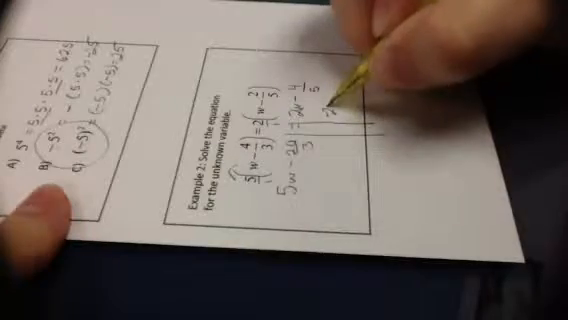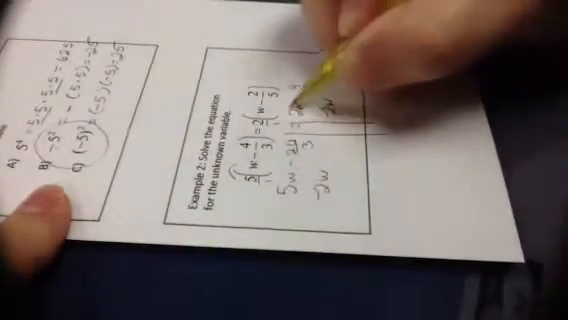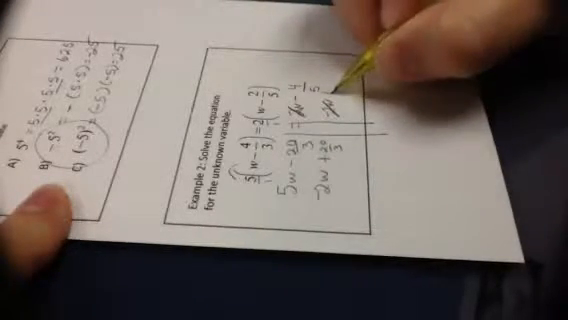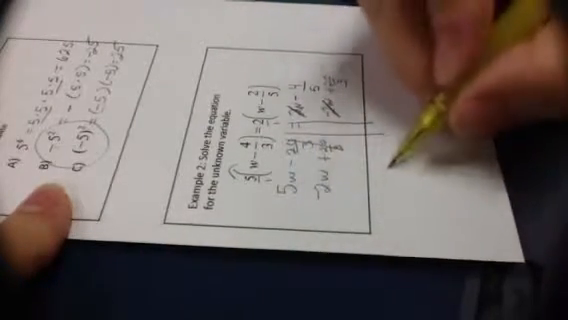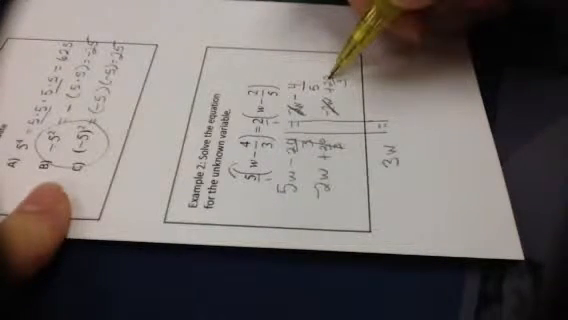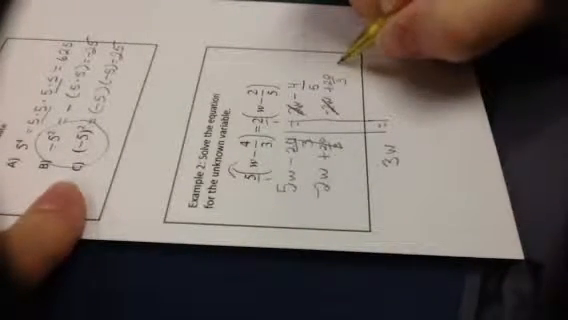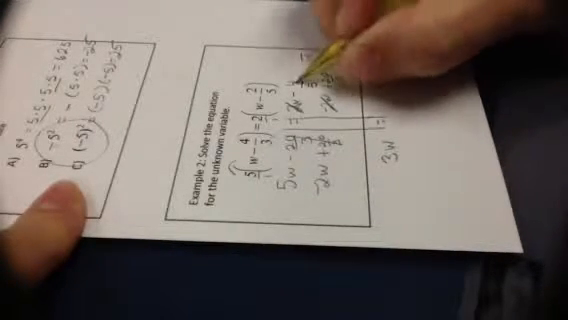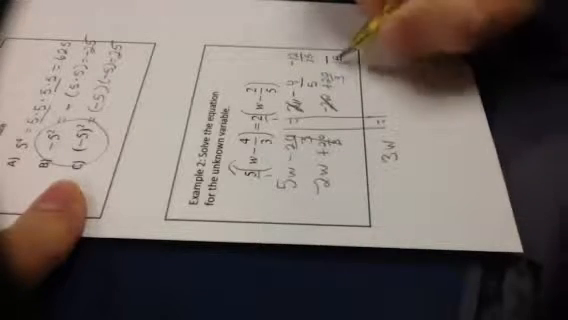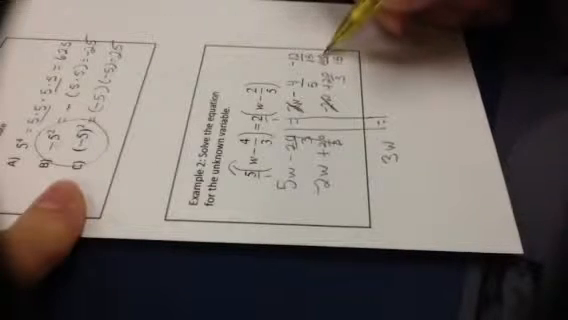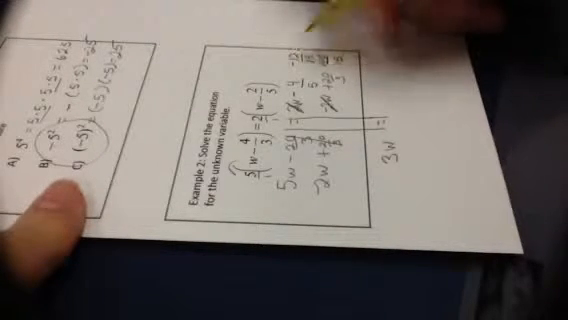Combine like terms. 5w take away 2w is 3w. Negative 4/5 and positive 20/3, we need a common denominator, which will be 15. 5 times 3 is 15, so 4 times 3 is 12, so negative 12/15. 3 times 5 is 15. 20 times 5 is 100. So 100/15 take away 12/15 is